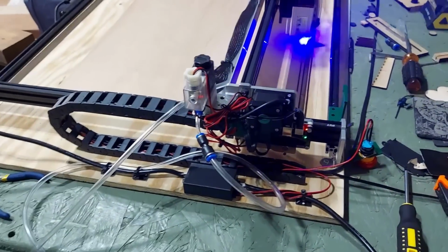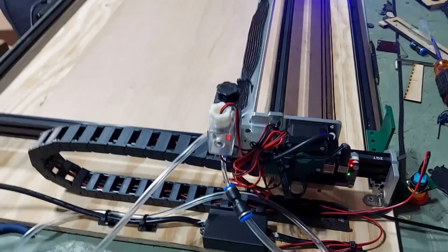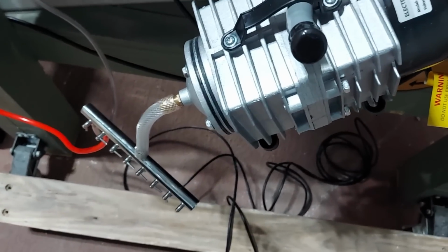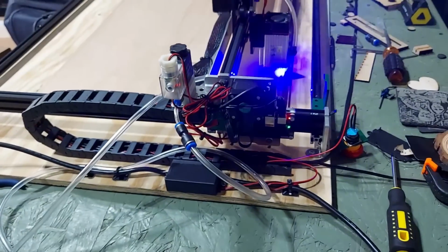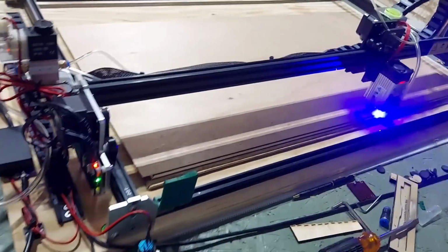So this is going to be the ultimate test of this Neje Max. What I've done is I've got my air compressor hooked up here, and I've opened up an extra 2 valves on it to keep it cool, because I don't want it to get too hot. So I've got 2 different air lines running in there depending on which compressor that I'm using. Right now I'm using the aquarium pump compressor, and I'm getting started on this